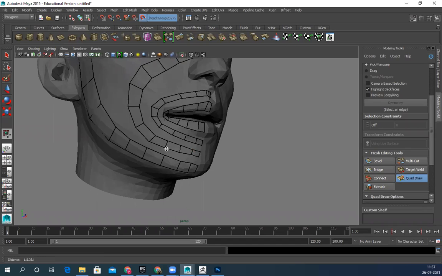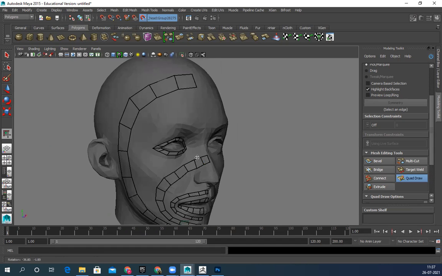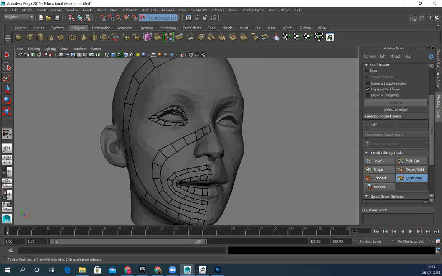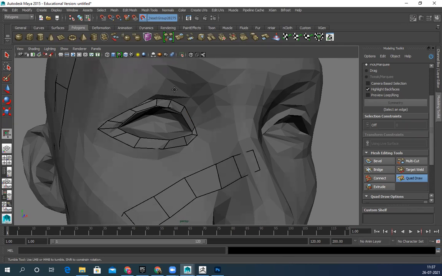Are you just clicking normally on the polygon, without anything, just the left mouse button? Okay, now my basic loop setup is ready, but I need the other loops, right? So I won't do it manually, one dot click at a time. I can extend this entire border at once. So what I'll do is press Tab on the keyboard, and you can see it says Extend. Then press right click, and you can see it says Extend Loop, Extend Vertex, and Extend Border. So drag it on this.